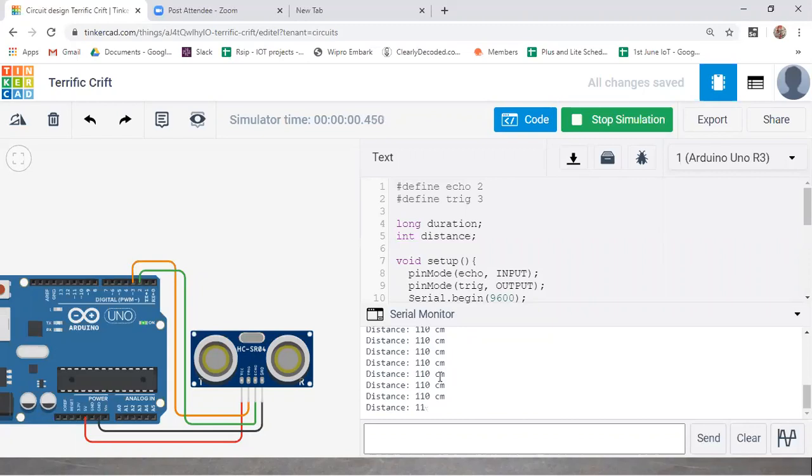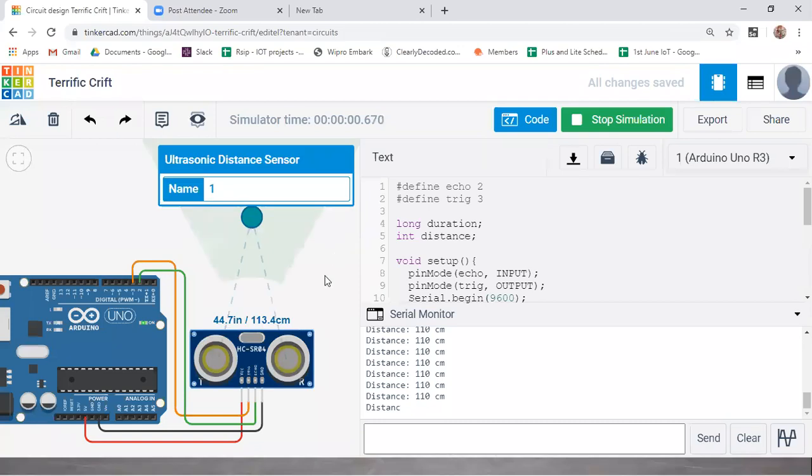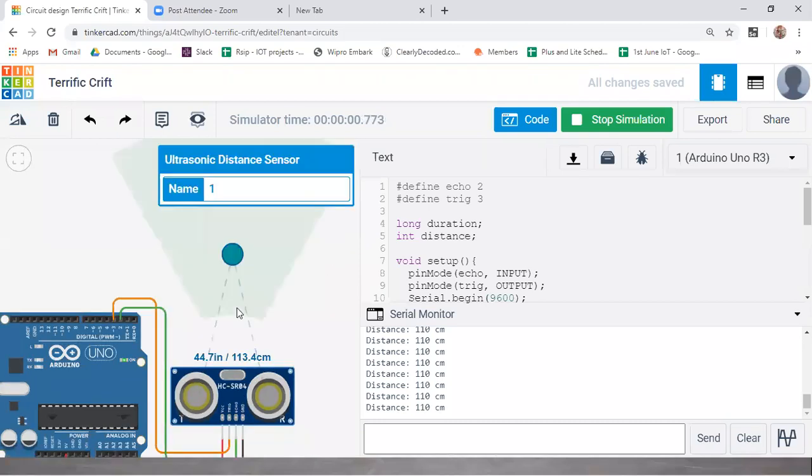Okay. So guys, to know that, just click on this ultrasonic sensor. You will find this ball kind of thing. Here you could see 113.4 centimeters. So somewhat accurately you are getting here. Less than or equal to 3 centimeters, you are getting the value. When you move this ball to the other part, your value will vary. Here you could see 242 centimeters. So we are getting somewhat accurately here, guys.